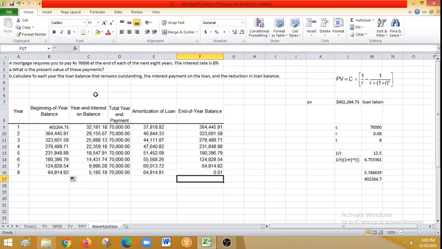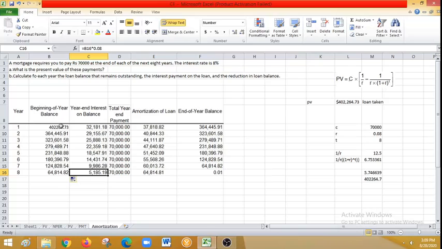This can be used for any loan that we take, irrespective of whether it is a mortgage loan for a land, a mortgage loan for an apartment, or a house that we have, for any mortgage loans. This way of calculating an amortization table could be useful to know how much of interest you are paying and how much of loan you are paying every year, and how the interest is reducing. You can see here, year 1 interest is very high, year 2 interest is reducing. Slowly, at the end of the 8th year, the interest you are going to pay is only 5,000.